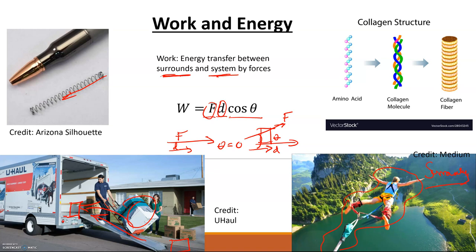Down here with bungee jumping, this bungee actually acts as a spring. So these two are actually the same thing when it comes to physics. The bungee acts as a spring. And so what happens? You're in free fall, going down towards that lake. You're gaining all this speed because you're losing height above the lake. So you're taking your gravitational energy and transferring it into kinetic energy, which is this movement energy. So you're increasing your speed.